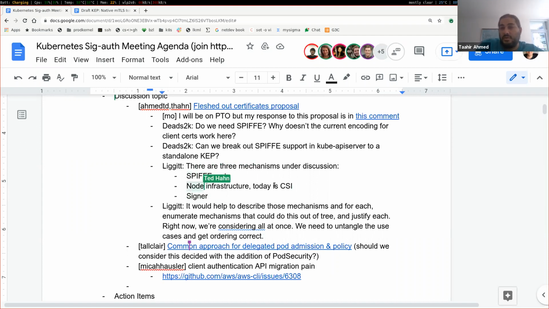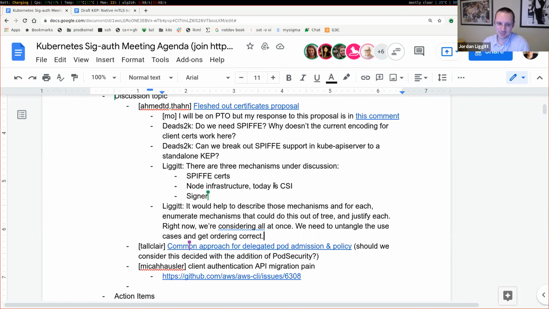Because in order for kube-apiserver to authenticate to those things, we have to decide on a certificate format. Yeah. We don't have to decide on one certificate format. We can progressively add and remove features from it as beta, right? We can build something that uses the existing format and decide if it needs SPIFFE. Right, and that's why I think breaking these apart gets some of the value sooner,